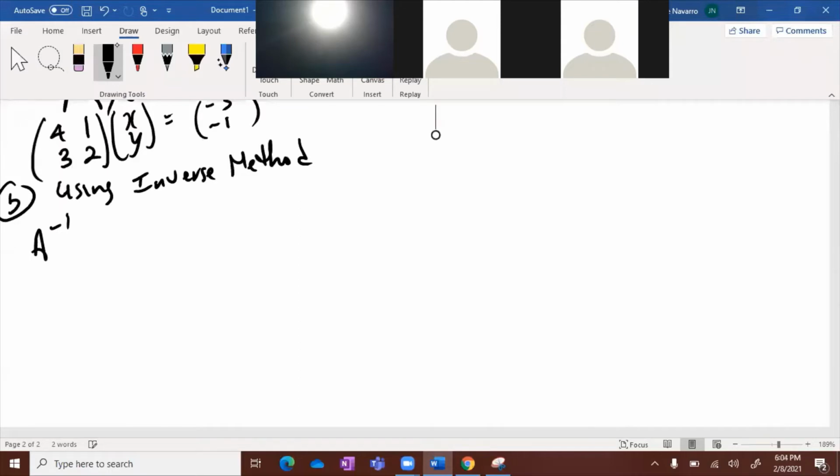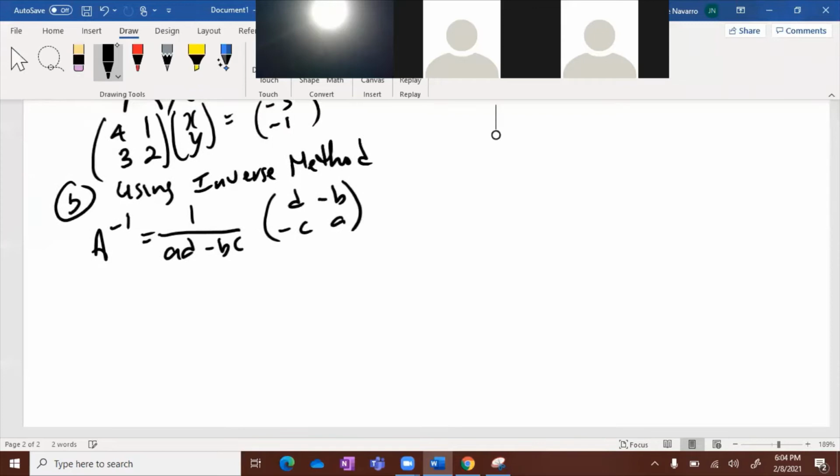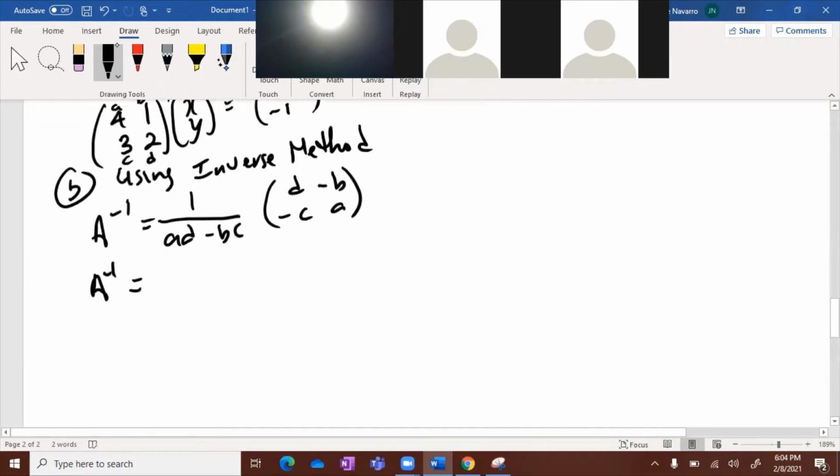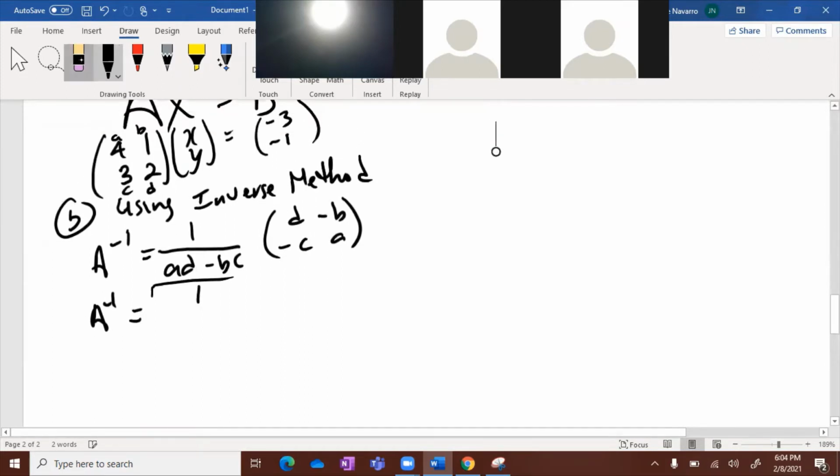A to the -1 is equal to 1 over AD minus BC times D, -B, -C, A. All right. So A to the -1 is going to be, remember, A, B, C, D. So A is 4, so 1 over,